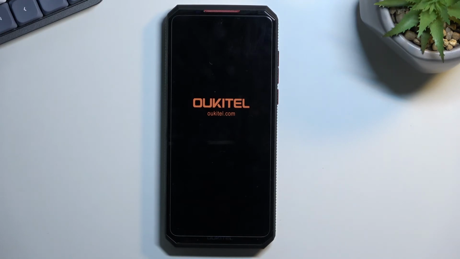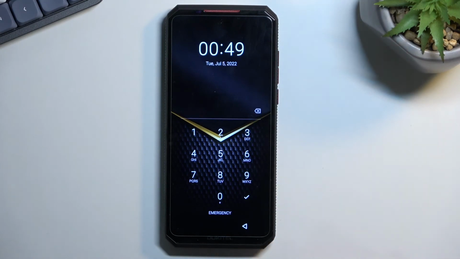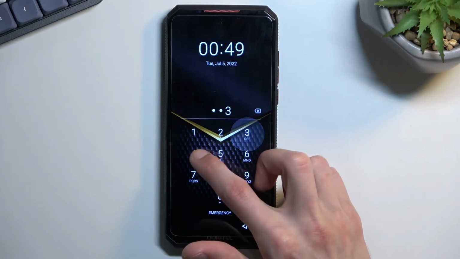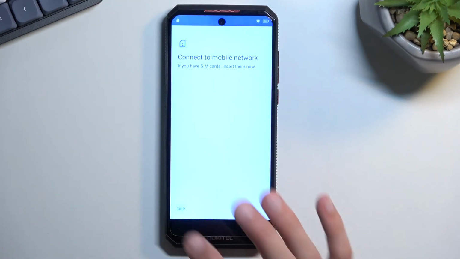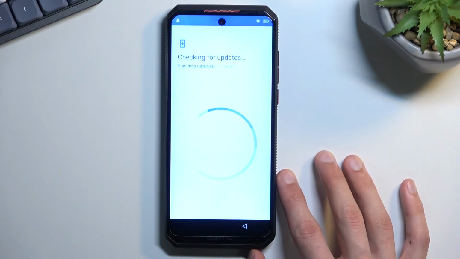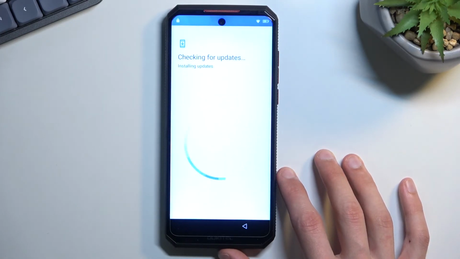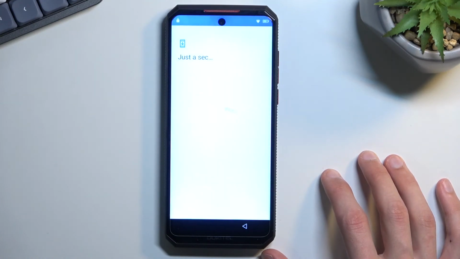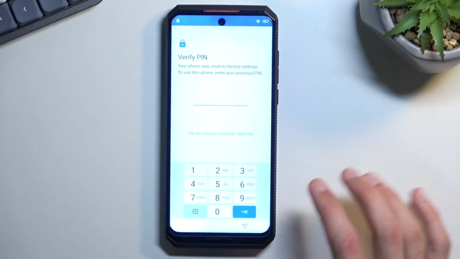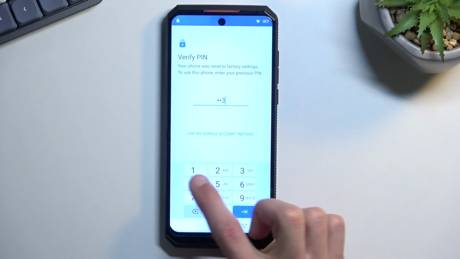So what will happen right now is once the device boots back up, which it just did, you will need to unlock it. So again, 1, 2, 3, 4. And we'll just simply progress through the setup, and you'll see that as before we had a verification pattern. Now once we get to the page, it will be a verification pin, because it just completely replaced the old verification method. So here we just need to put in 1, 2, 3, 4,